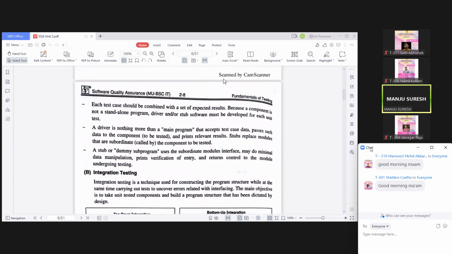They might ask you. The main function calls, right? So those are the calling modules, which are called drivers, and the stubs are called modules. Fine. So that is what is meant by unit testing.